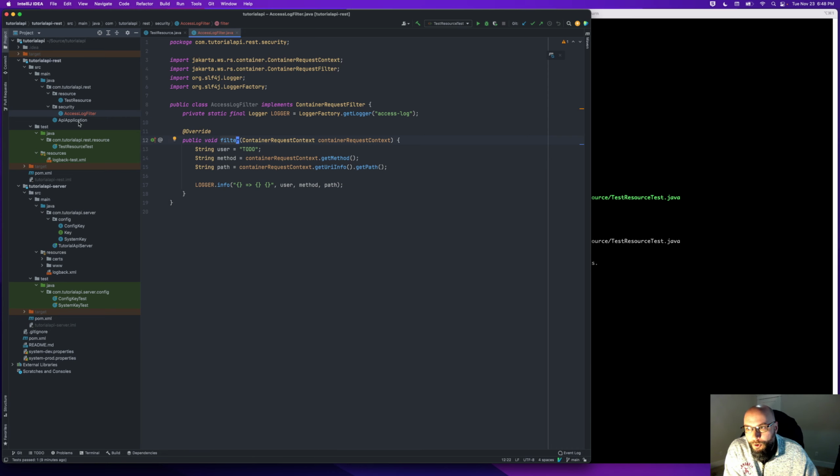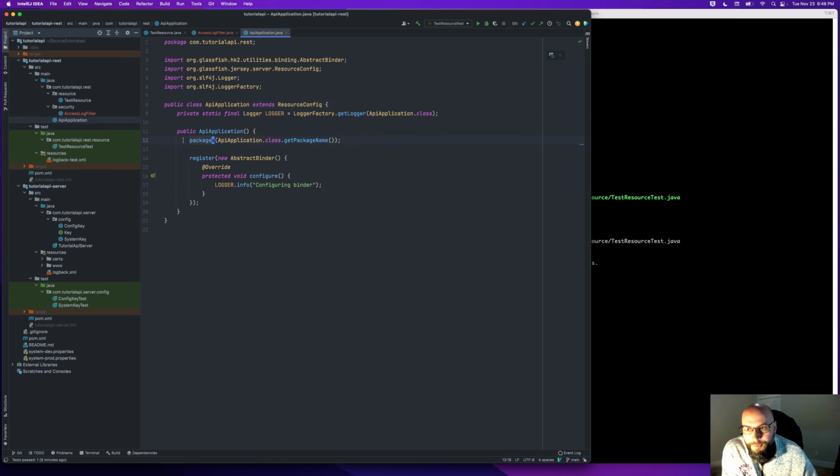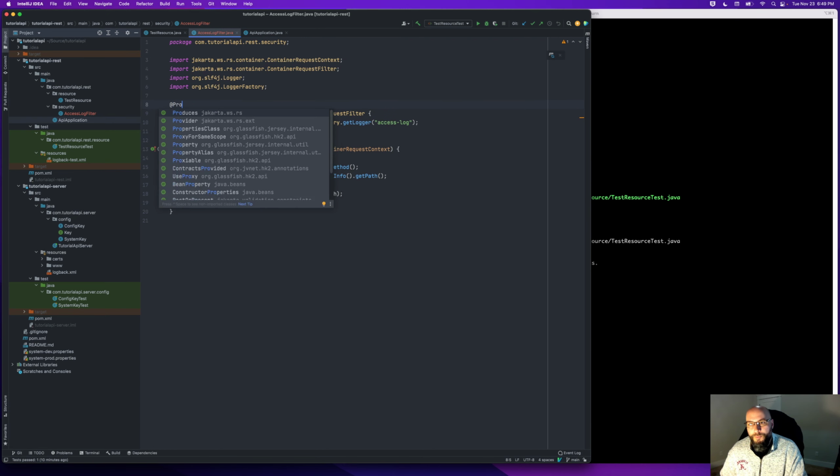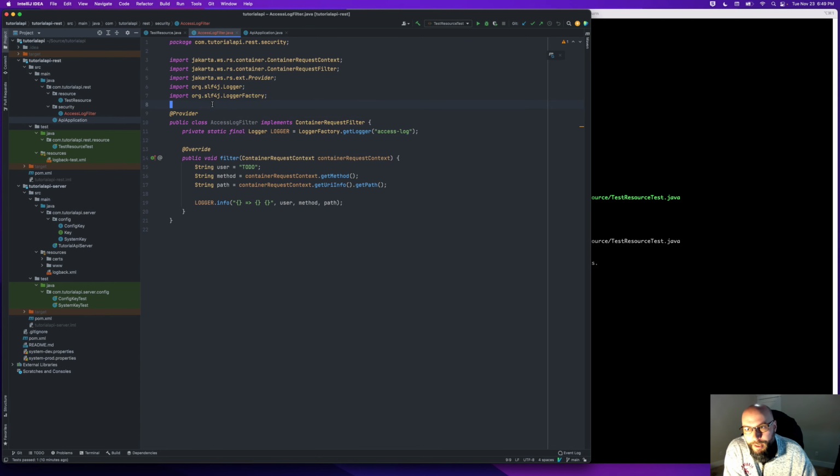Now, in order for this class to be used as an actual filter, right now we're configuring JAX-RS in our resource config to load everything in this particular package, which is com.tutorial.rest, and sub-packages, or child packages. So basically what that means is JAX-RS is going to scan classes for annotations to find anything that has an annotation. So what we need to do here is mark this as a provider,